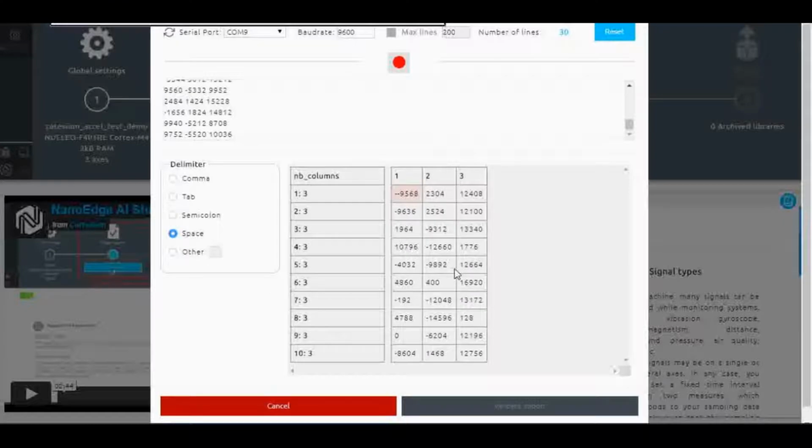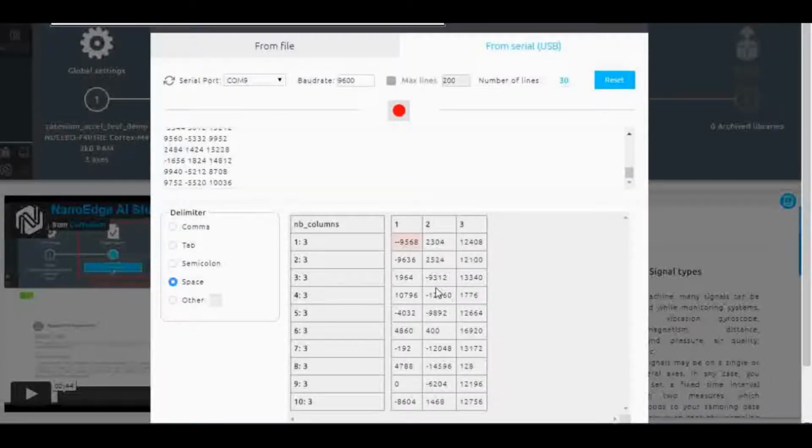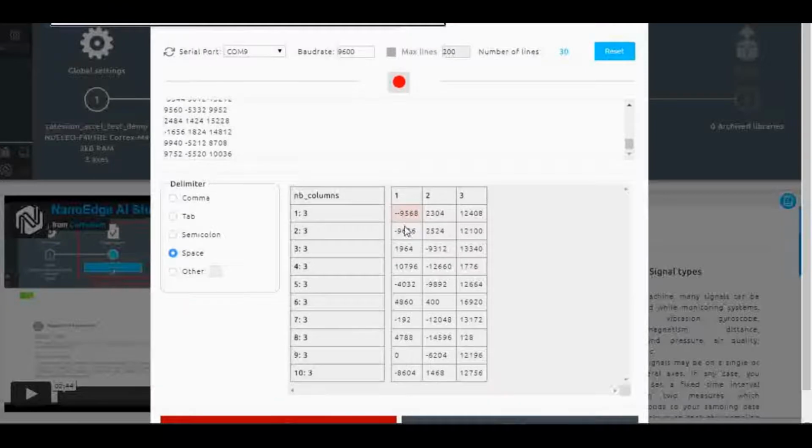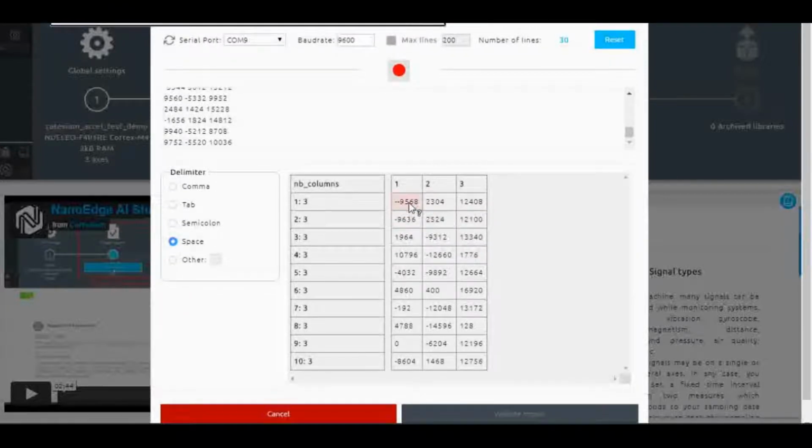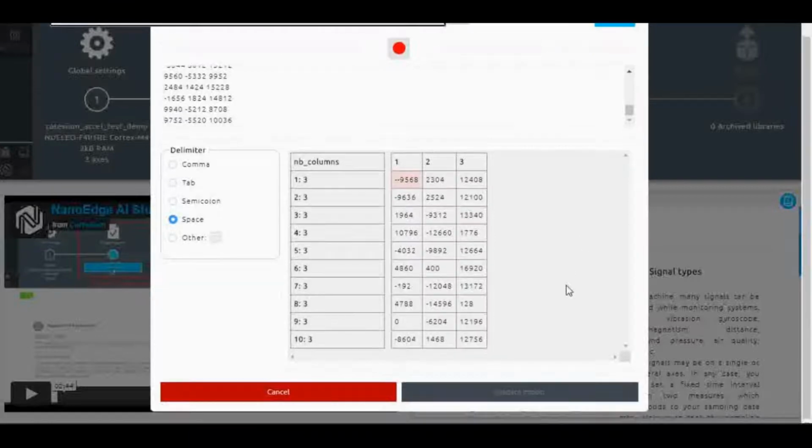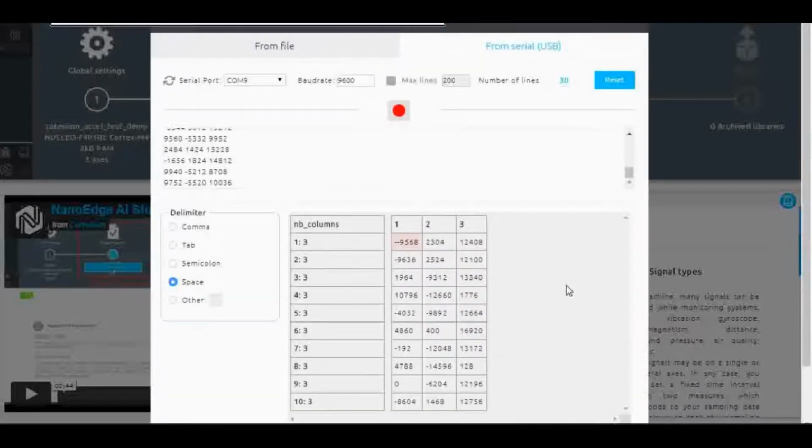and once again I am going to validate the import. I think some problem happened here because of these two minus points. So this is one problem. I think I need to reset it, and then again I have to capture this signal, because of these two minus values, it may give some problem.